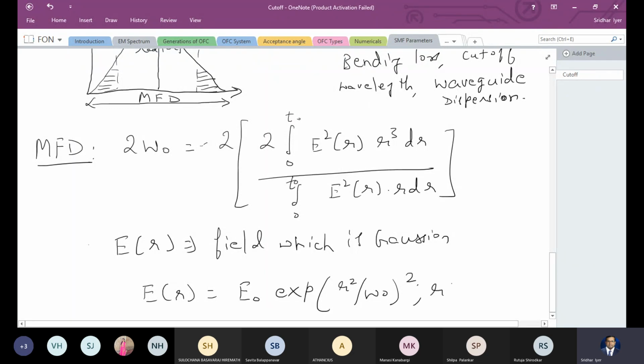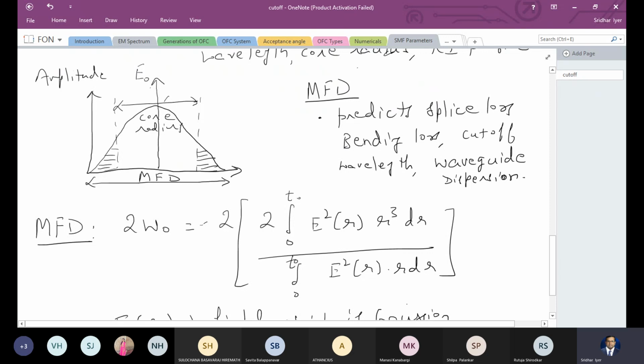And here r is the radius. Okay, so you can see that E, which is the energy or the amplitude here, is dependent on r, where r is the radius of the core here. Okay. So the MFD is going to depend on these factors, and based on this we can predict various losses